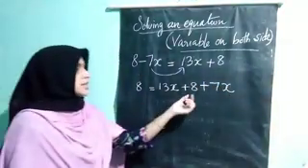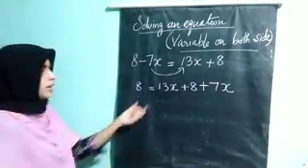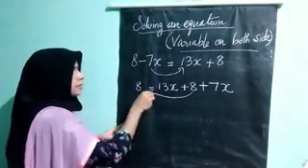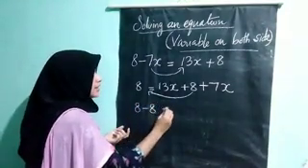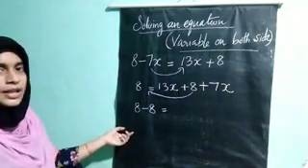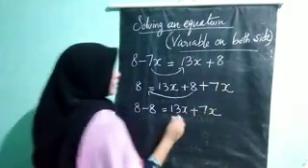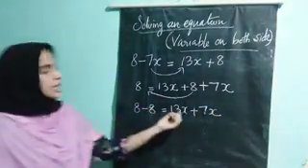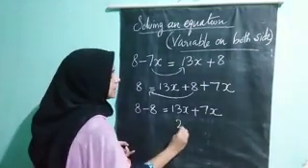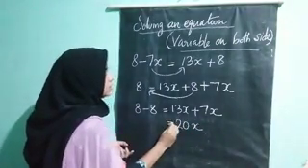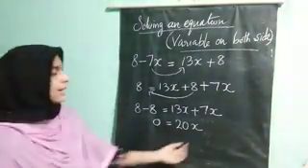Now second step, take this constant to the other side. So constant I am taking to other side. Already 8 is there. Plus 8 will become minus 8. What is remaining? 13x plus 7x. We have studied how to add like terms, right? So 13 plus 7, 20. 20x equal to 8 minus 8, 0. Now we can find the value of x.